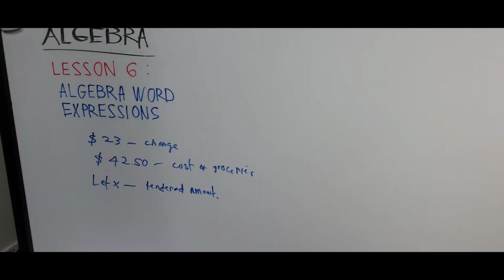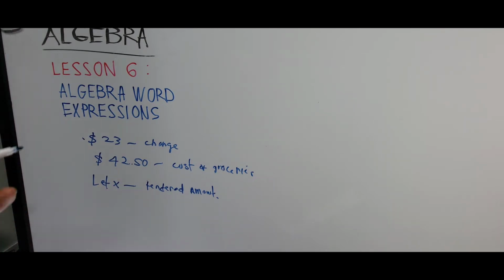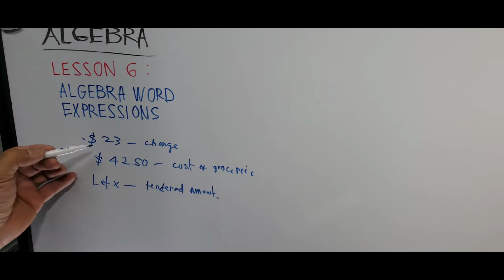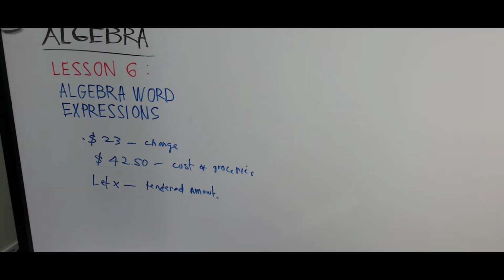Now since you know your change, you were given a change of $23, and the cost of your groceries is 42.50. So how do you figure that out? So x is the total amount that you gave. You were given a change. So x